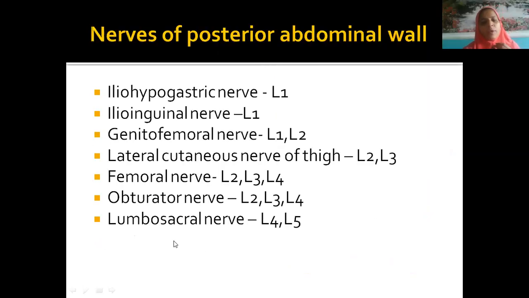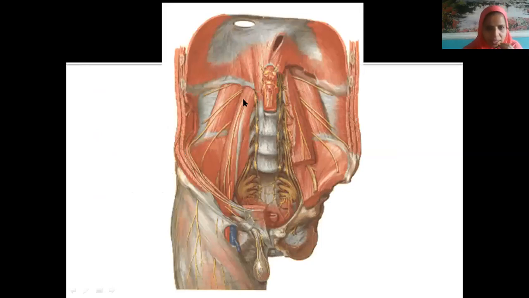Now all these nerves are seen in the posterior abdominal wall. These are branches coming from the lumbar plexus. When we do the lumbar plexus, I will elaborate all these nerves. What are the various nerves you are finding? You are finding the iliohypogastric, ilioinguinal, genitofemoral, and the femoral nerve, which is cut here. The femoral nerve enters the front of the thigh. Then this is the sacral plexus, and the thickest nerve formed here is the sciatic nerve. This is the sympathetic chain.